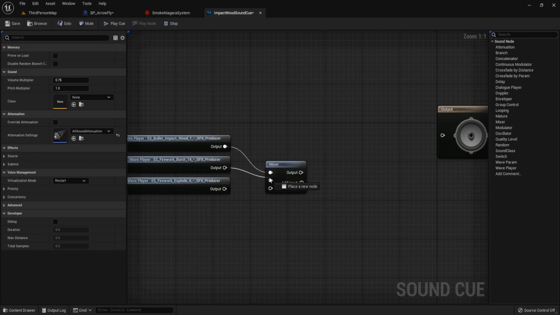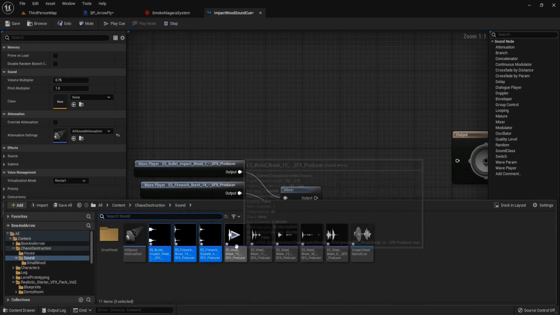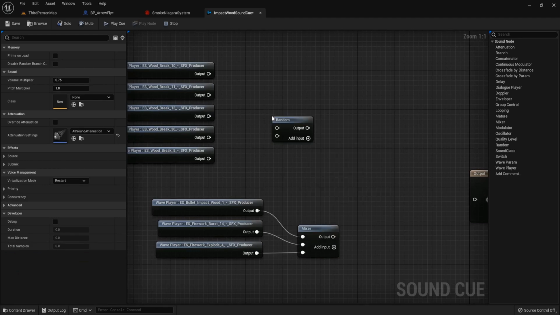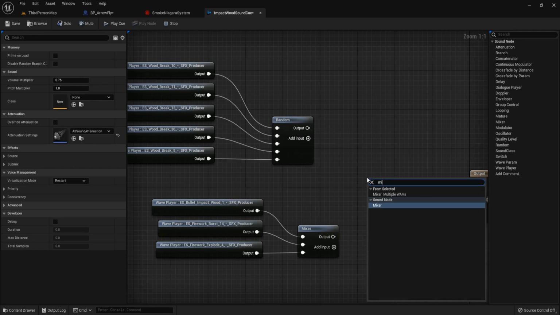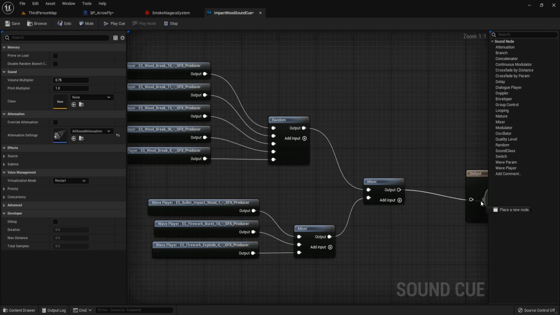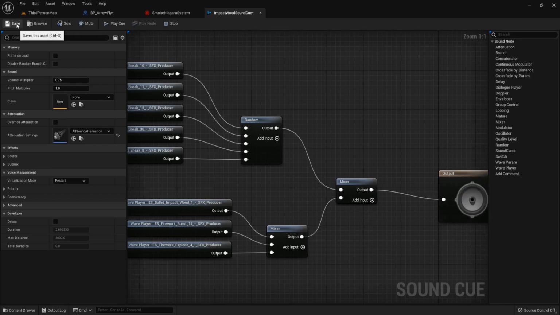Add input, connect it to the mixer, and drag this boot break sound, and random, because we want to choose one of these sounds. And then call mixer again, make these two sounds together, connect it to output.